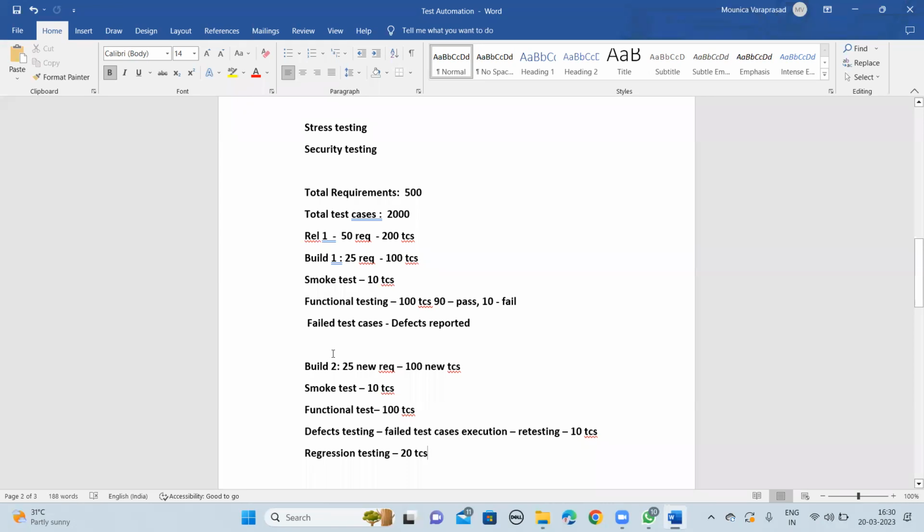Okay, guys. So it depends upon the project. It may vary. 20 or 30% also can be selected for regression testing. Now I'm assuming 20%. So for regression testing, from these 100 test cases, only 20 test cases are selected to ensure that these